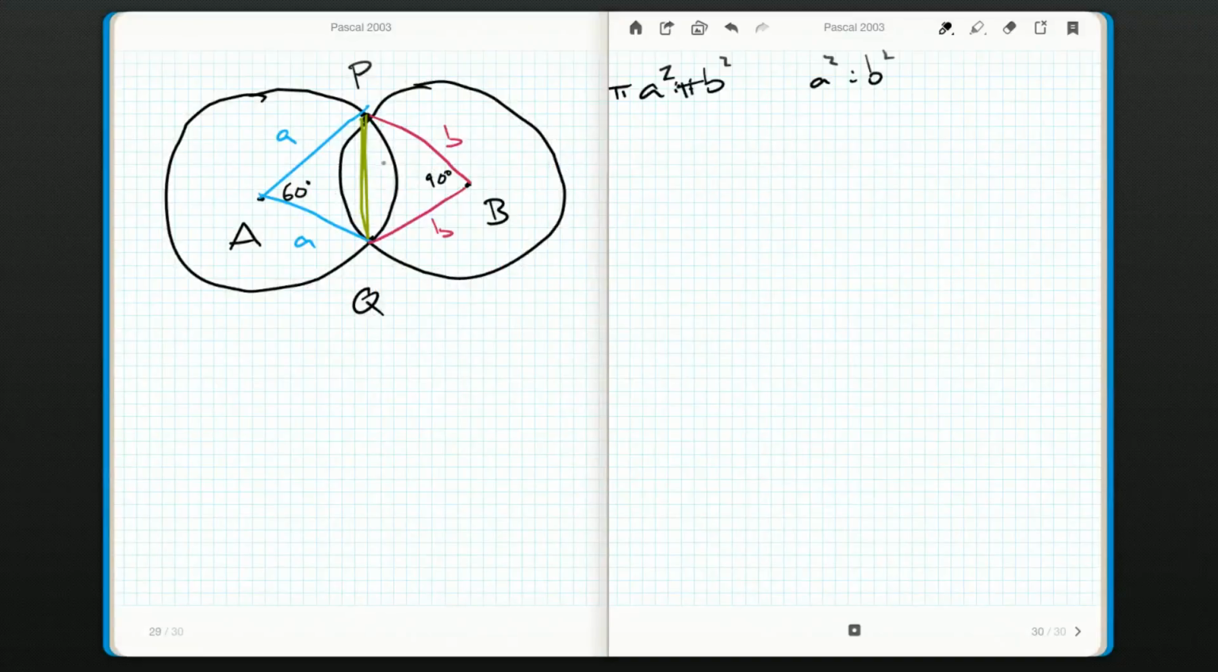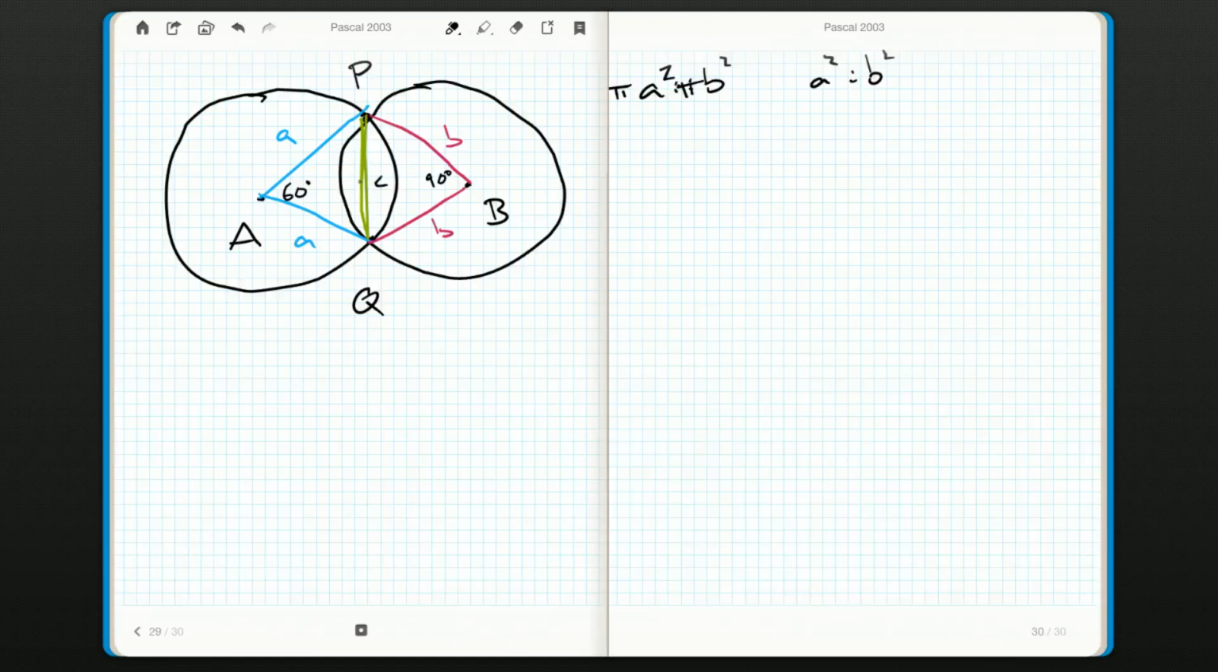Okay, now I have no idea what length PQ is, but I notice that it's common in both triangles. So I'm going to give it a name. I've got little a, I've got little b. I'm going to just call it C. And what do I notice about these triangles? Well,